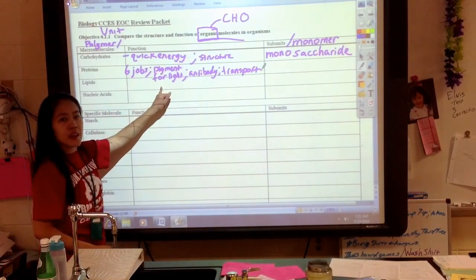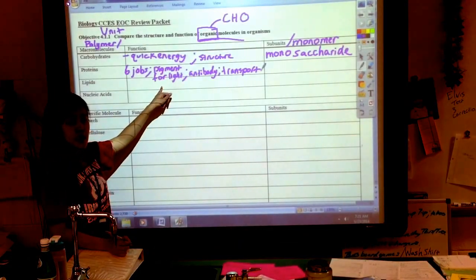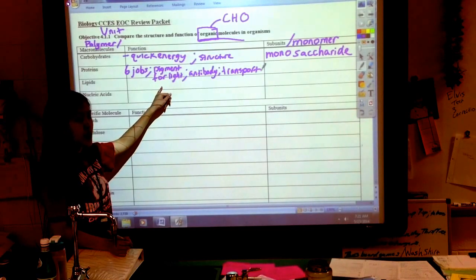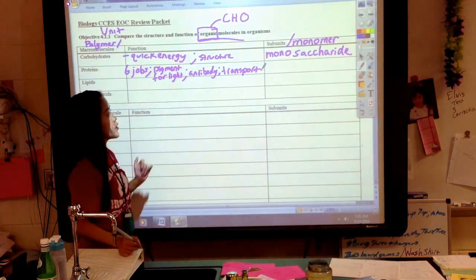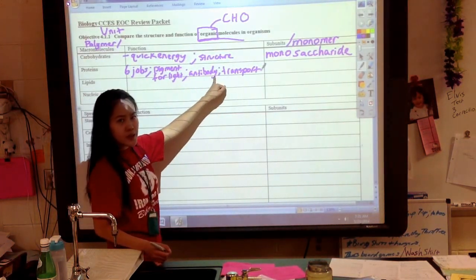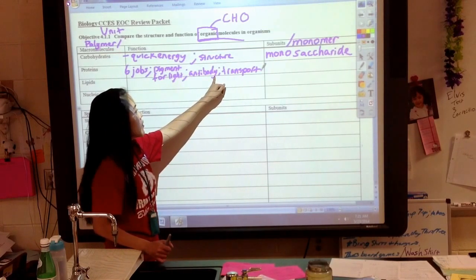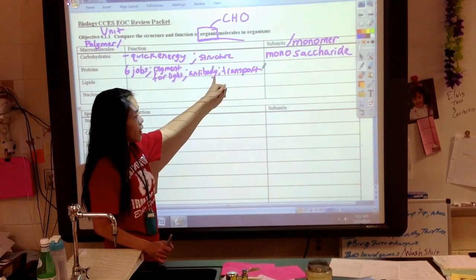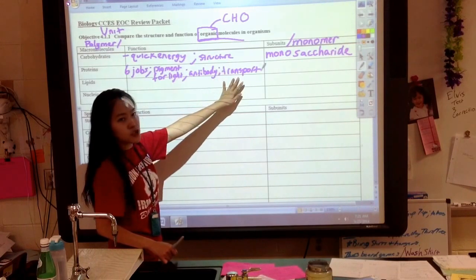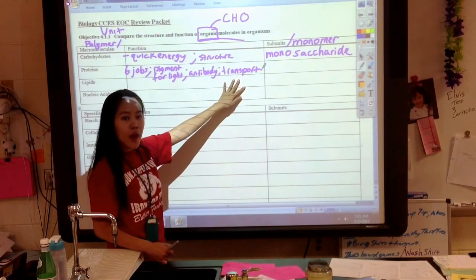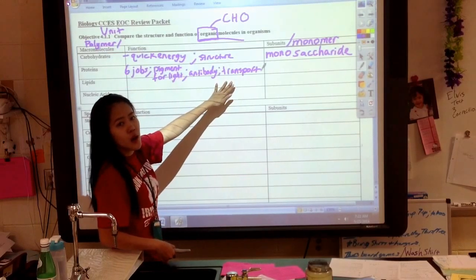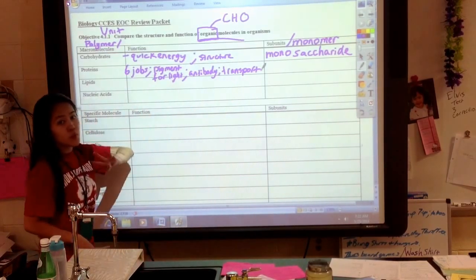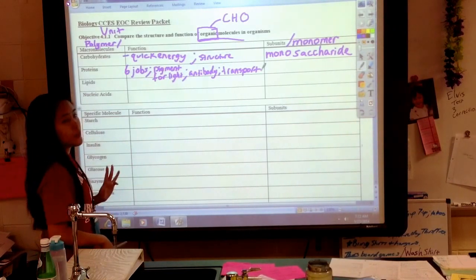So pigment for light, if you think about the chloroplast, there's an enzyme called chlorophyll that absorbs light. That's how the plant does photosynthesis. Antibodies are going to help you prevent infections in your body, prevent illnesses. And then in transport, well, in your body, proteins in your red blood cells will help you transport oxygen. There are 3 more jobs, and you do want to go back and make sure you fill